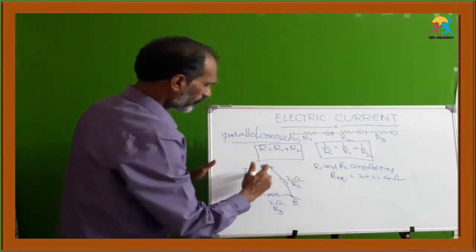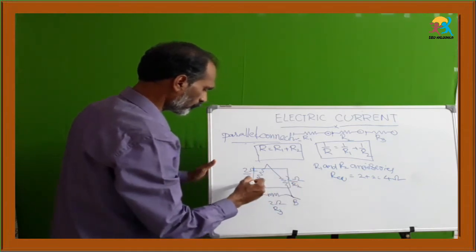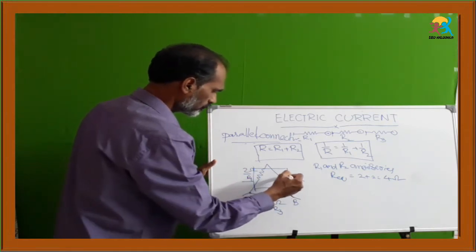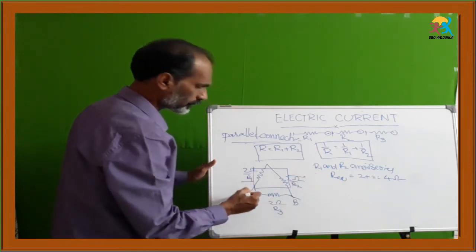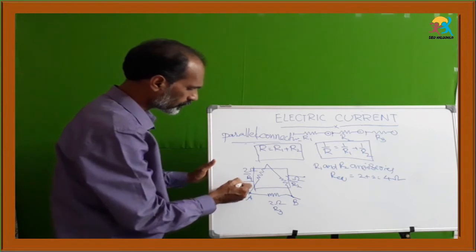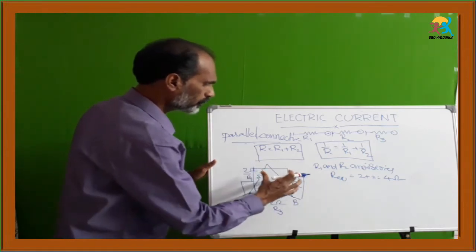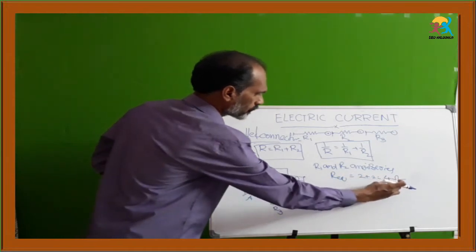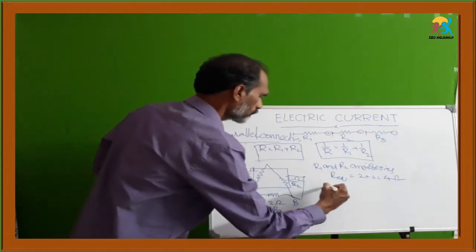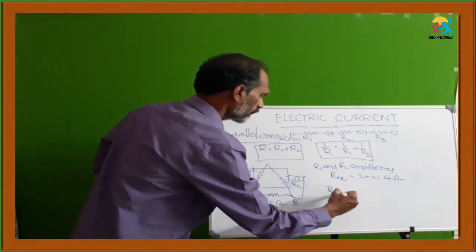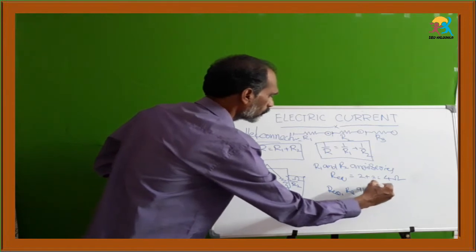Okay, if we consider this complete setup as 4 ohms, this end is connected to this end and this end is connected to this end. It means all the first ends are connected here and all the second ends are connected here. It means the equivalent resistance, the 4 ohms, and the 2 ohms are in parallel. Then the equivalent resistance and R3 are in parallel.